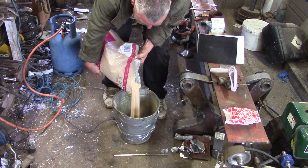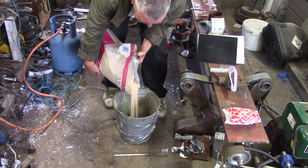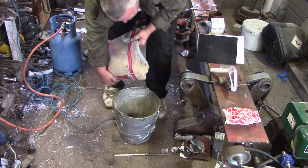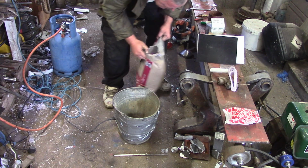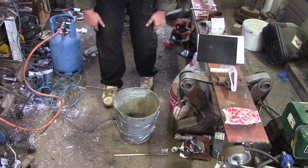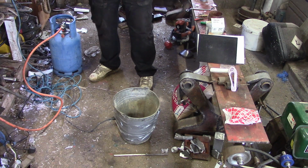Kiln dry sand has to be bone dry, otherwise it's never going to fill up the undercuts and stuff. That bottle definitely wouldn't have worked if there had been any moisture in the sand, would it? Wouldn't have filled out everything. I've done it with moist sand before